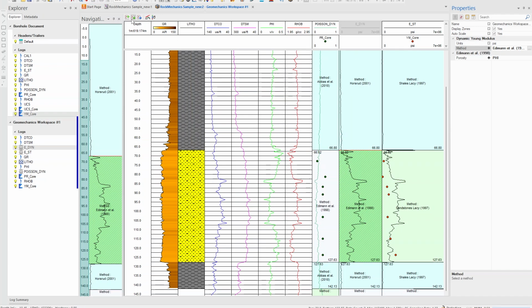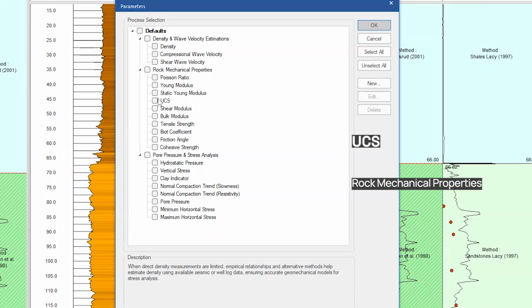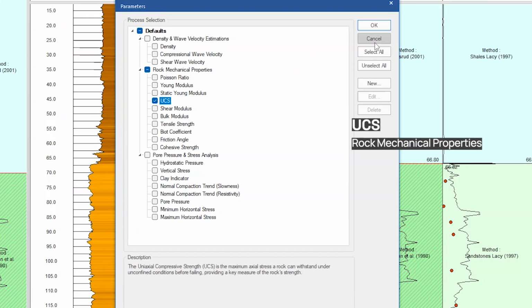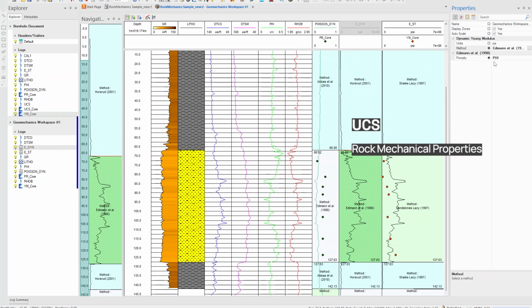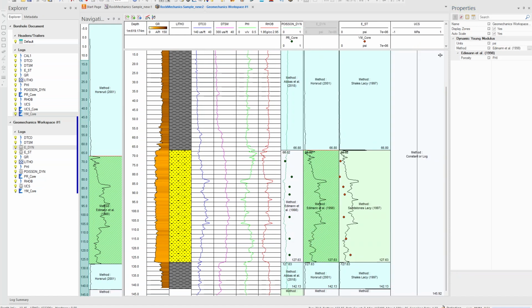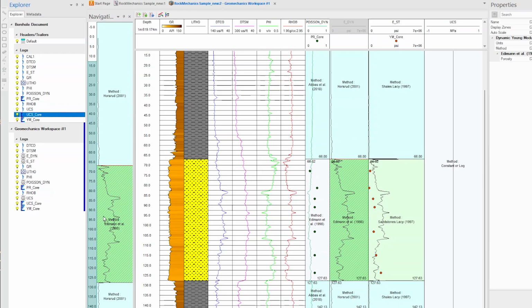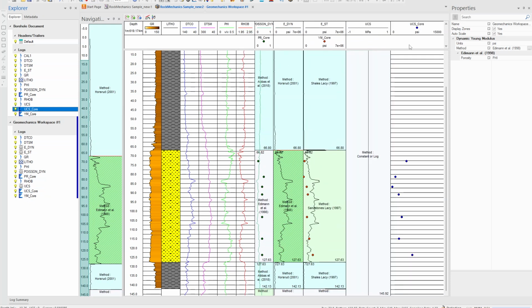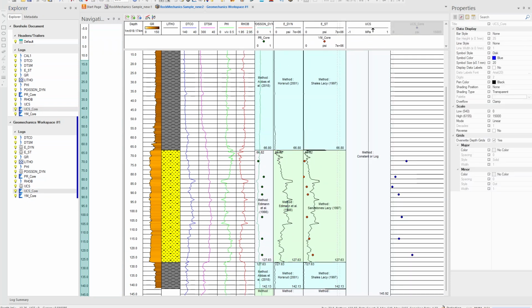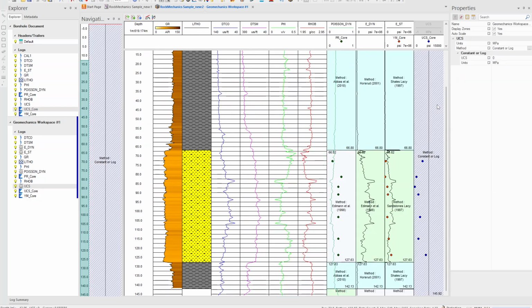Let's calculate it. In the next step, we go to Insert New Parameter and select UCS. And then we will have a new track. We can add the UCS core data that's also available to us. Let's put it in the same track. We can start by creating the same zonations for the UCS calculations by copying them.